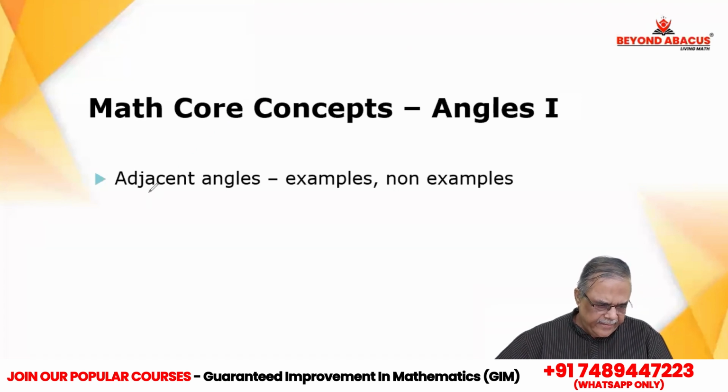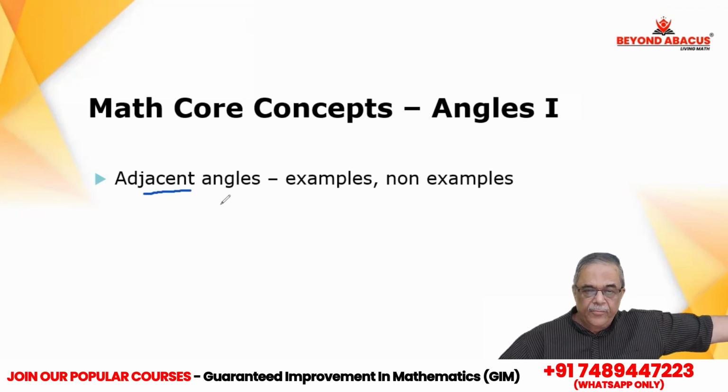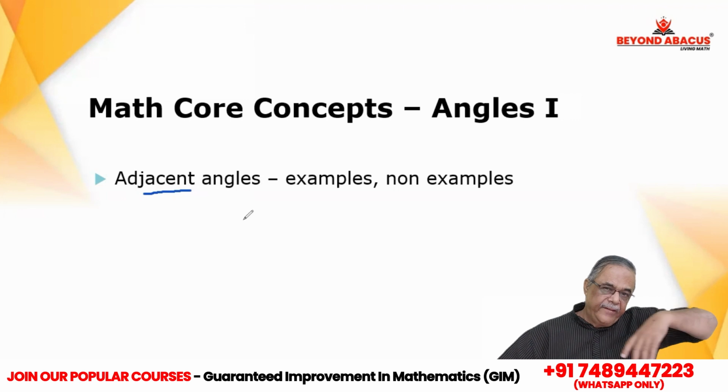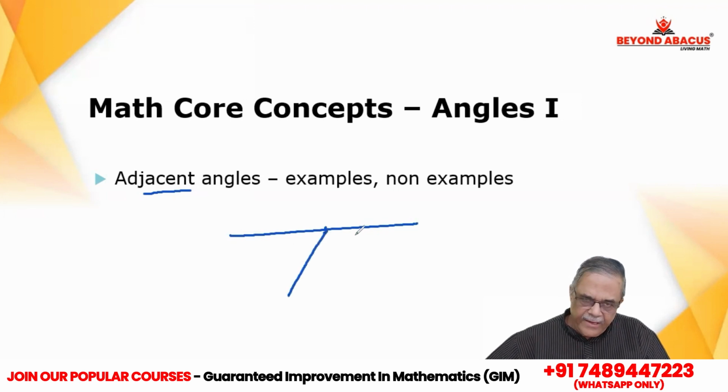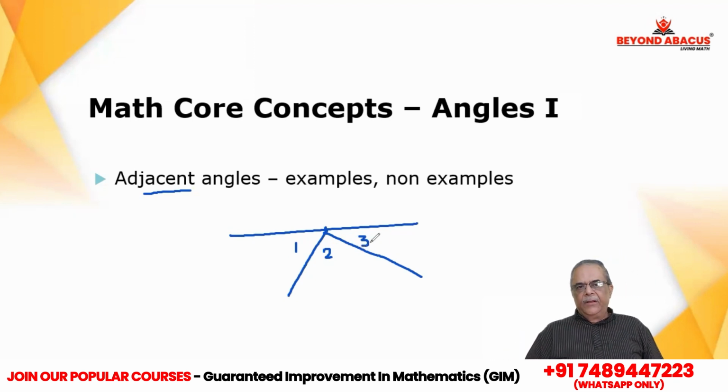Adjacent word, we read like adjacent rooms. This room is adjacent to that room, that room is adjacent to the next room. So adjacent means, let us see some example. At this vertex, we are forming this angle. Now this is a linear pair. We are quite familiar with this now. And I have another angle also. Now if I call it 1, 2 and 3, just for simplification, otherwise angles are called by vertices, but just to make the concept clear. Now the angle 1